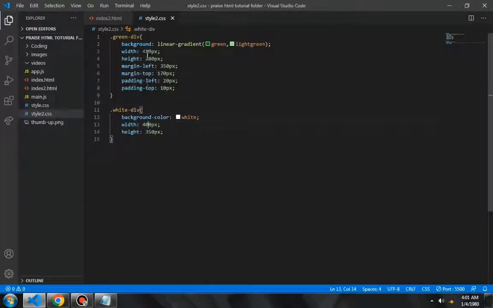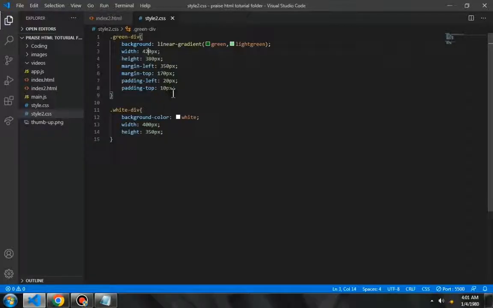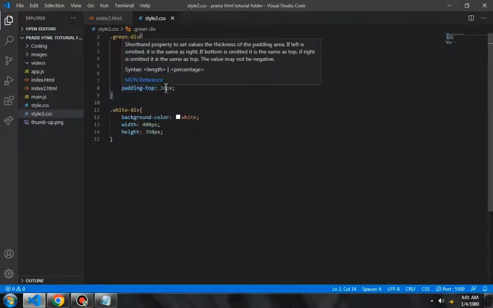Next one we're going to do is reduce this width here. It's going to be 400. Too small, let's make it 410. Too small, it's going to be 420. I think that's better. So the next thing we want to do is come here and we're going to reduce